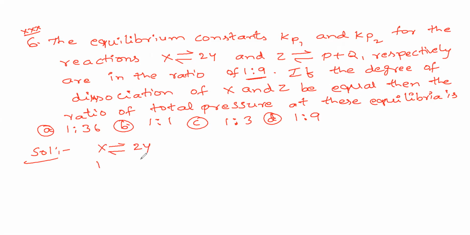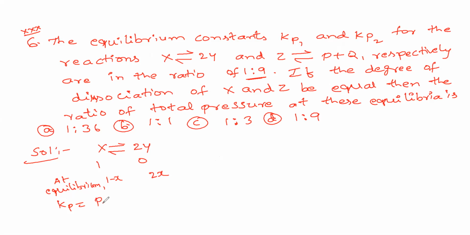Initially it is 1 mole, and 0. At equilibrium, with respect to the degree of dissociation x, it is 1 minus x and 2x. So for this reaction, the total number of moles is equal to the total, because we know